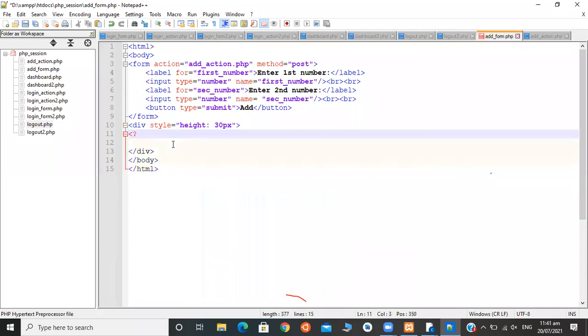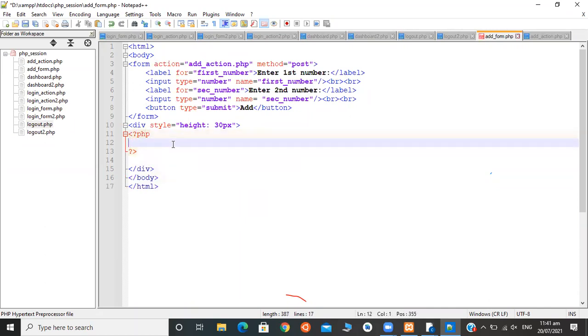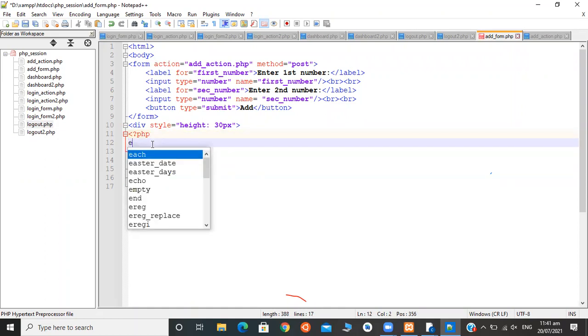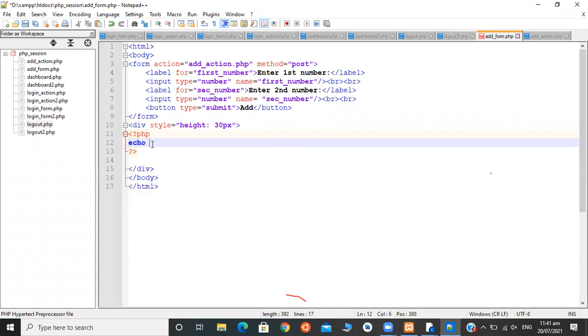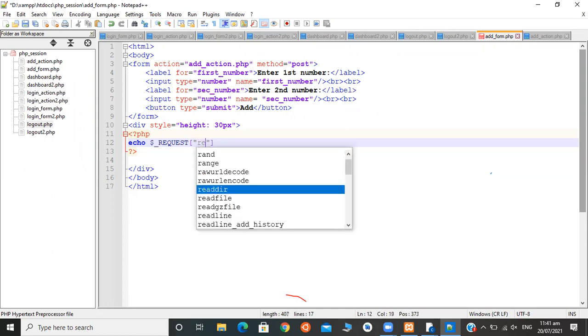We need to open a PHP tag, and again we close it. And here I need to print a message or result. Echo $_REQUEST result.